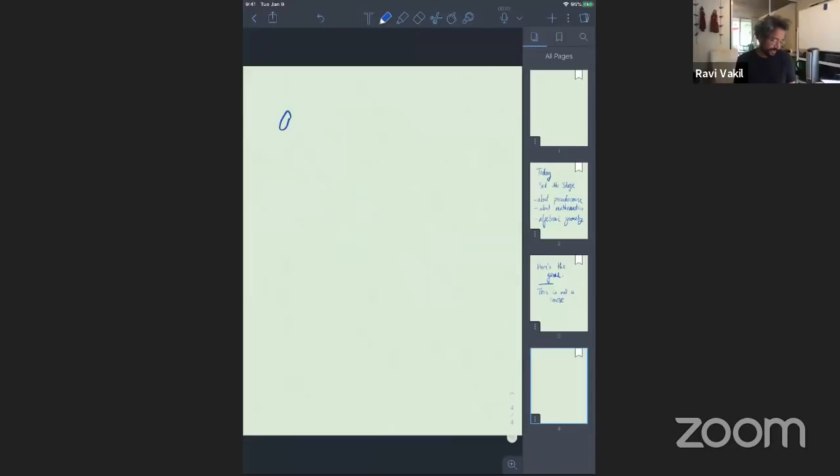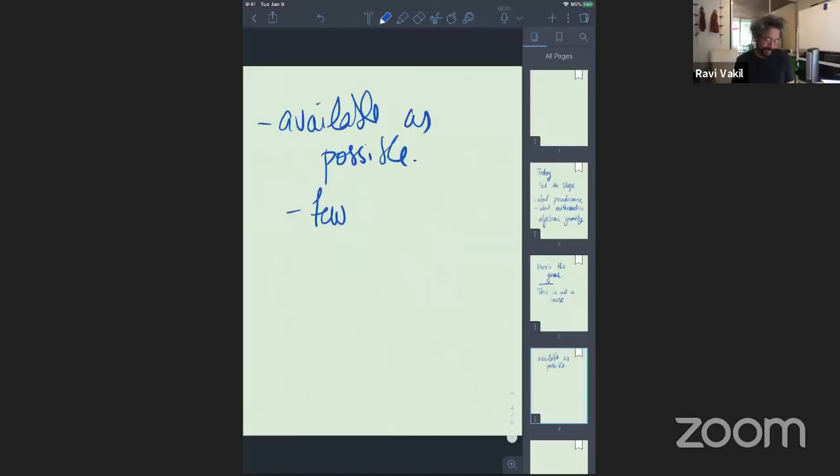So the goal should be that it should be as available as possible to people, which means people with sufficient background. But that means that ideally we want too few technological barriers. And that also means ideally it should be free for everyone. And this is now possible thanks very much to the generosity of people who make things free.